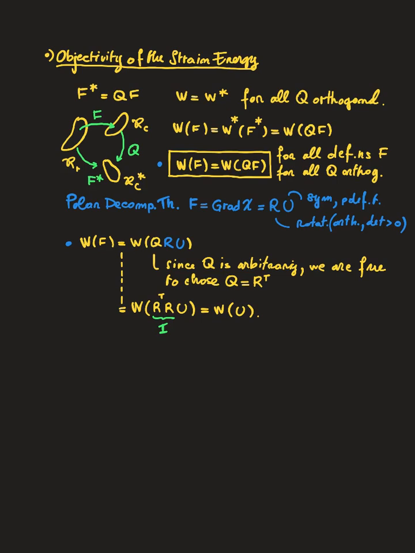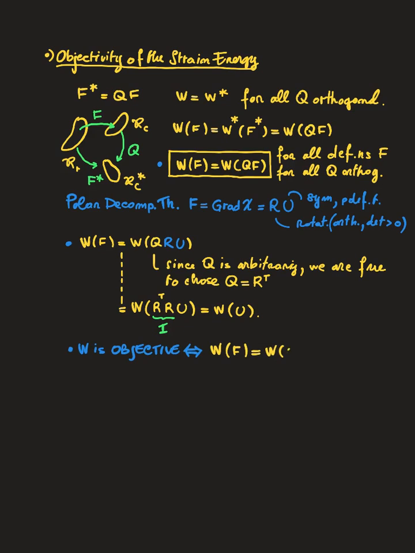Essentially, we were able to find that W is objective. This means it can be rewritten as: W of F shall only be a function of not everything,